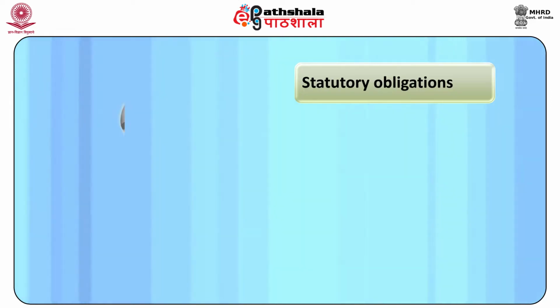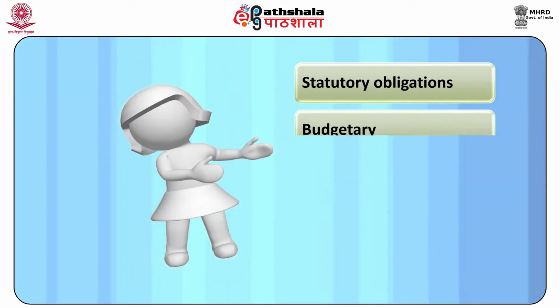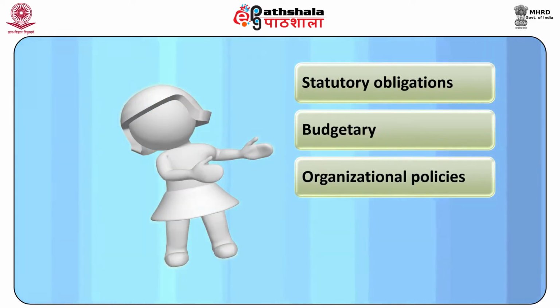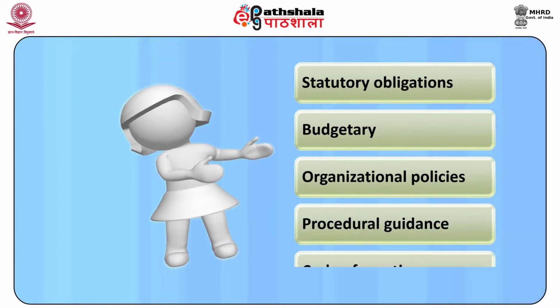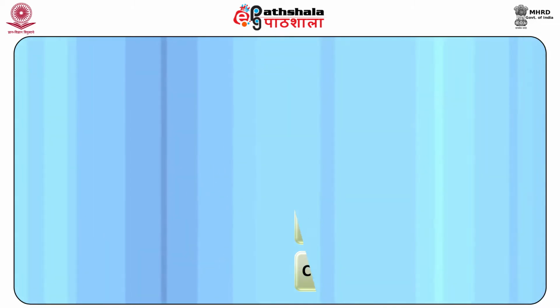Social workers are often state officials and must take into account their statutory obligations, budgetary and organizational policies, procedural guidance, and their code of practice. All of these may constrain their ability to fully advocate on behalf of the person they are working with. Advocacy is taking action to help people say what they want, secure their rights, represent their interests, and obtain services